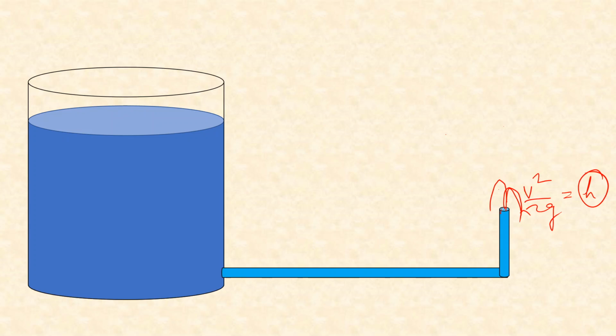But you can raise it up to a higher height by blocking the pipe at the exit. That means if you block half of the pipe, then water will flow a little bit higher. Then if you block even more of the pipe, then water will flow through a very narrow stream, but it will flow even higher. So why is that happening? And that's because